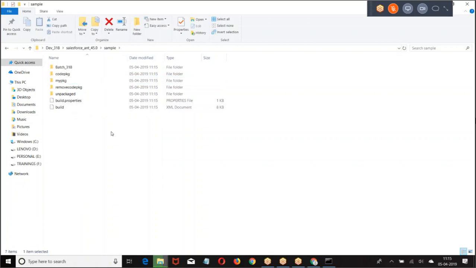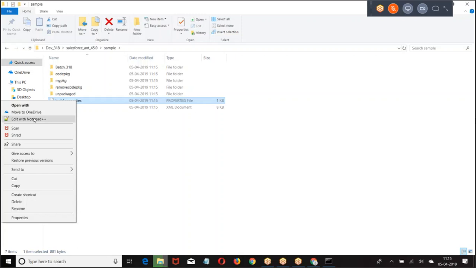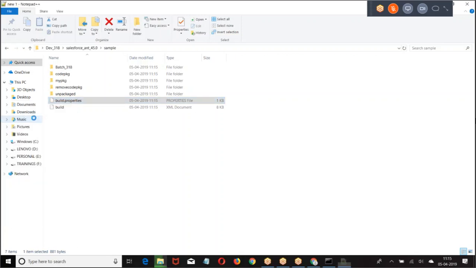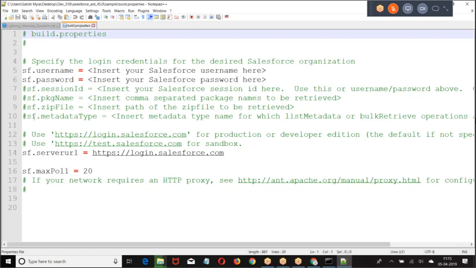This is the folder. First one we need to understand is build.properties. What will be there in the build.properties? It will contain credentials of the organization from where you want to fetch the code, or the credentials of the organization to which you want to deploy the code. Their credentials will be given here.